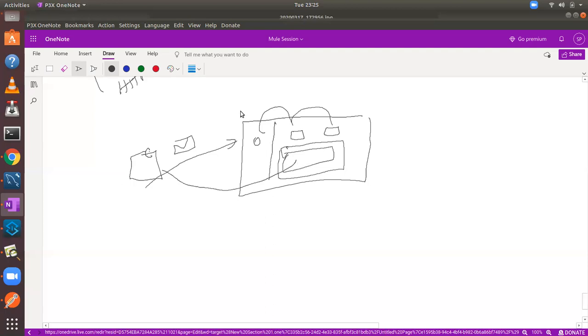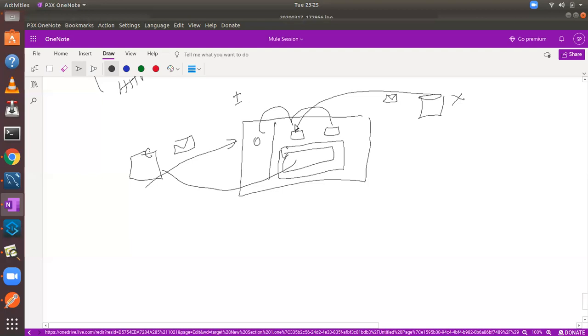Something like, you are doing a very, very important operation. Say you need to insert into a database. For some reason the database is down, not responding, and you cannot insert the record. So now your flow execution is not successful, right?